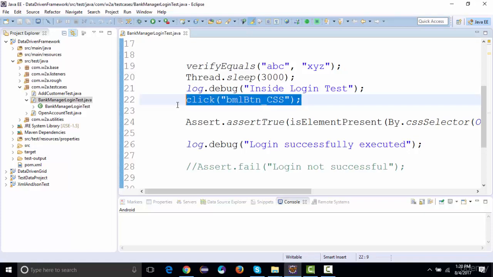So this is our test case, as well as this is our specification. The bank manager login button is basically our specification, and verifying whether the user is able to successfully click on the bank manager login button is our test case. So test case and business logic are both defined in the same class itself.